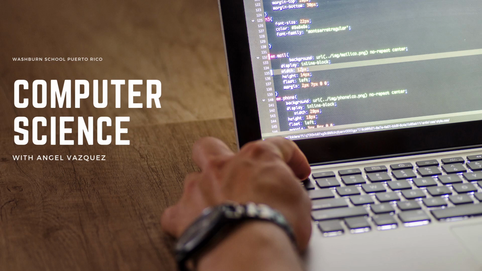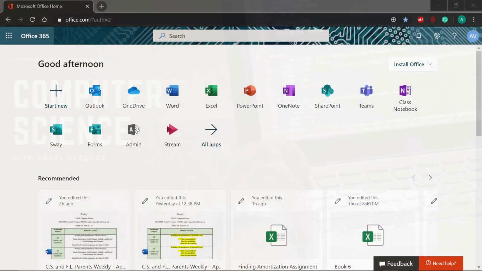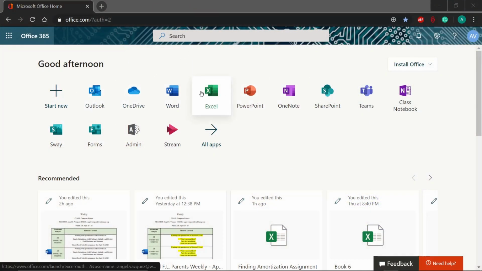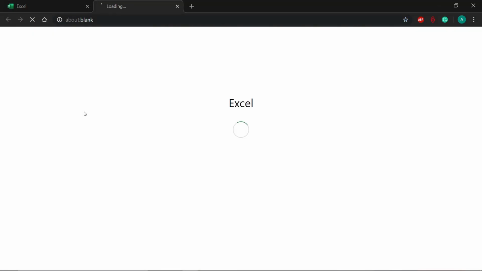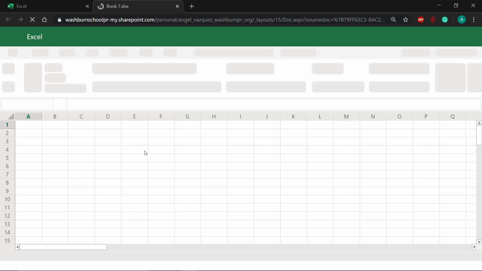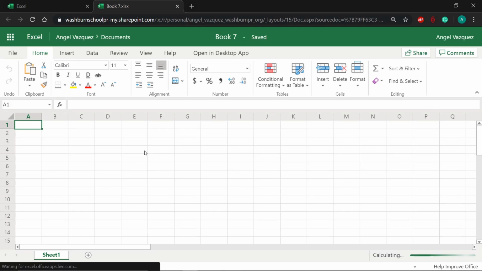Good morning or good afternoon, and welcome to another computer science tutorial in which we're going to create a table in Microsoft Excel Online and also a graph or a chart for that table. So basically what we're going to do is go to Microsoft Office and then go to Excel. We're going to create a new blank workbook, and here we're going to start creating a table which will display